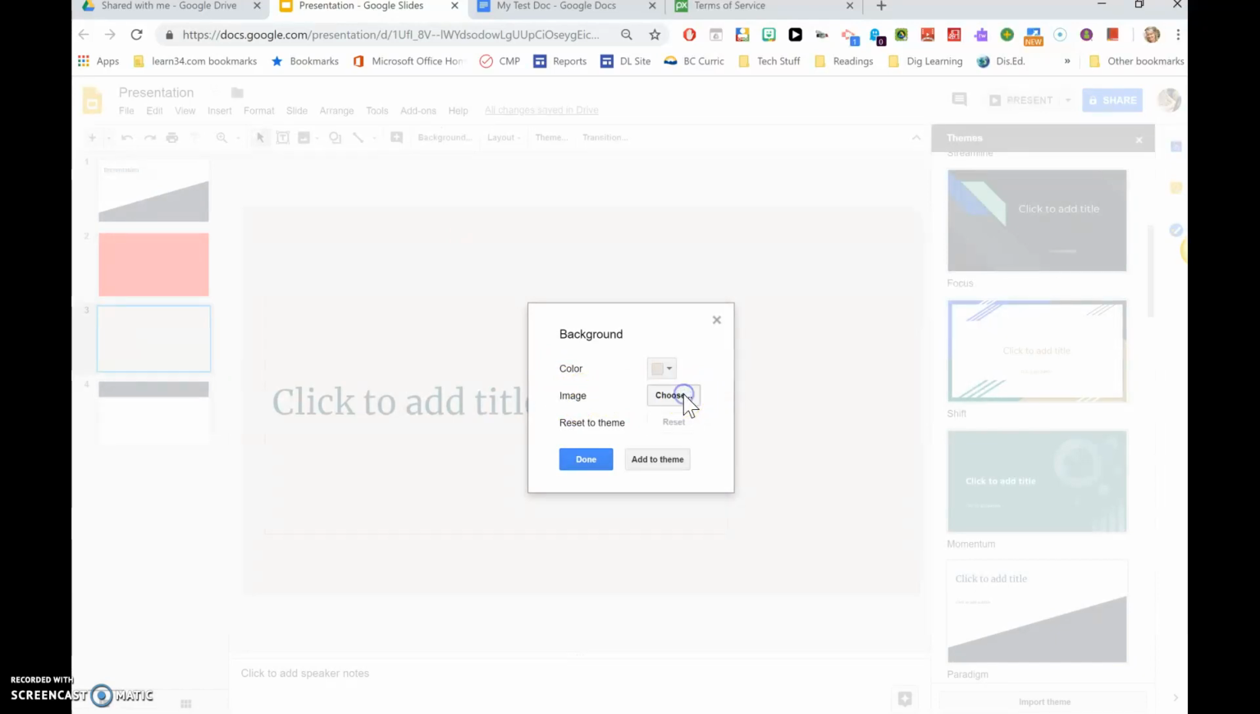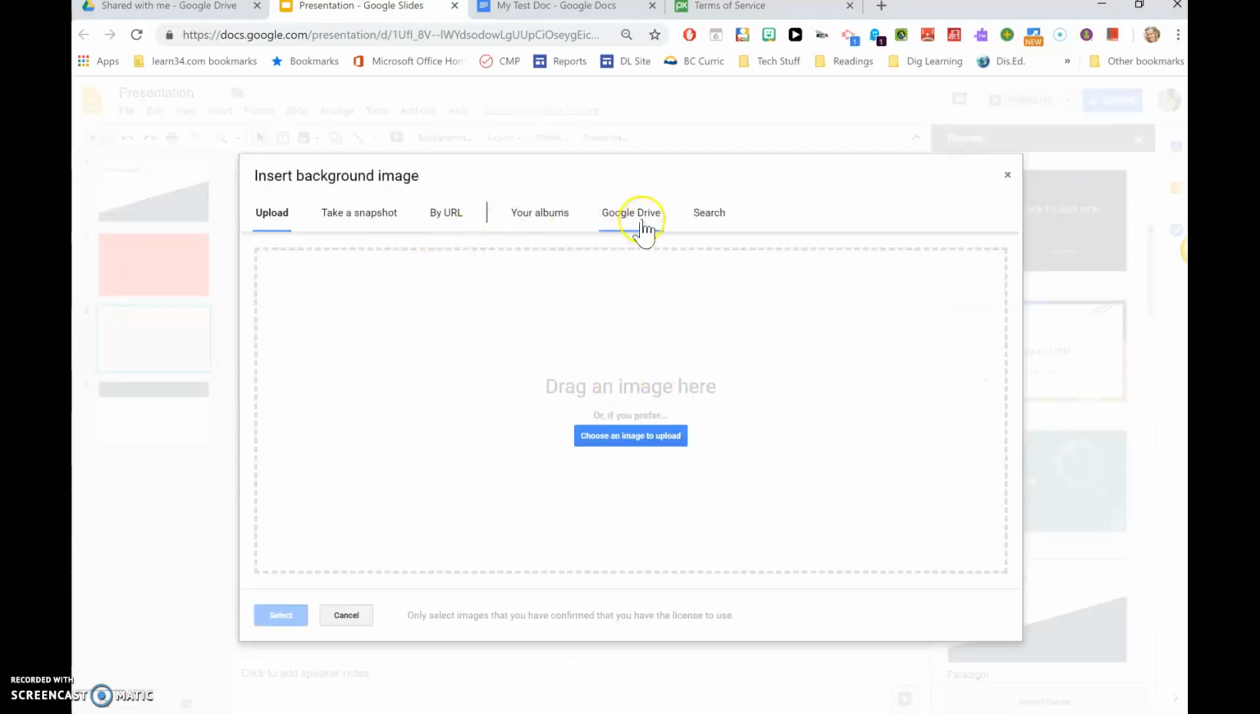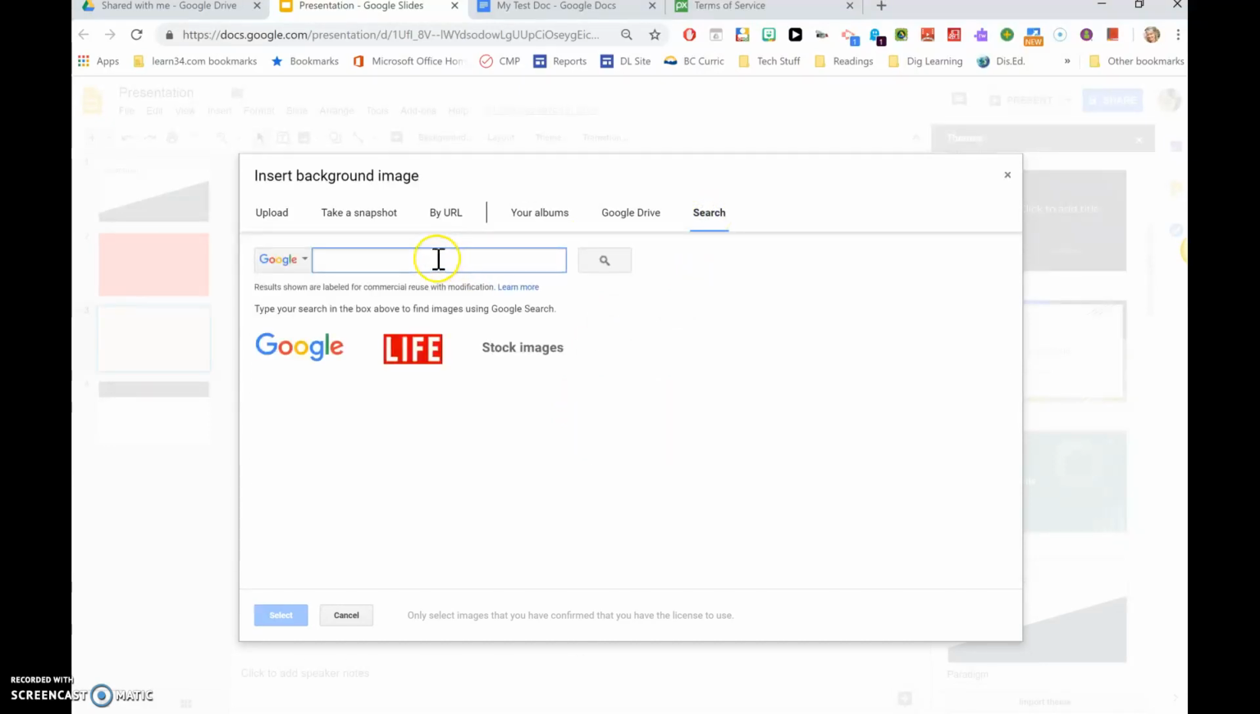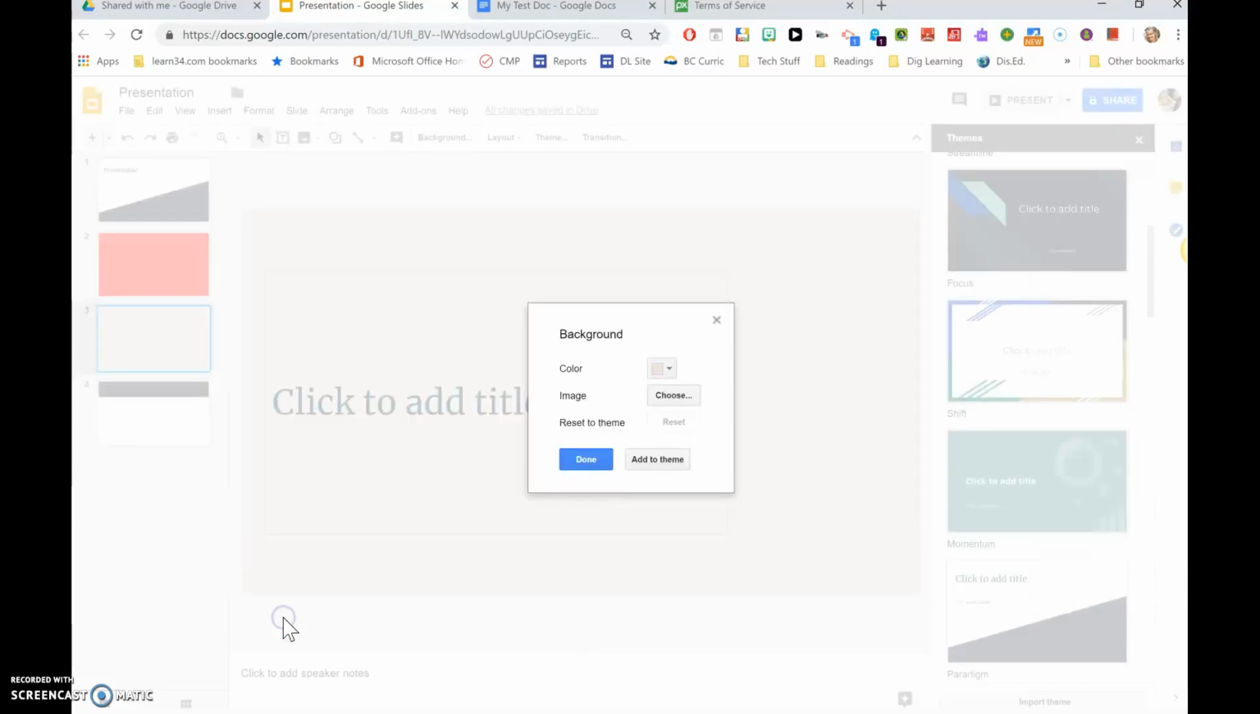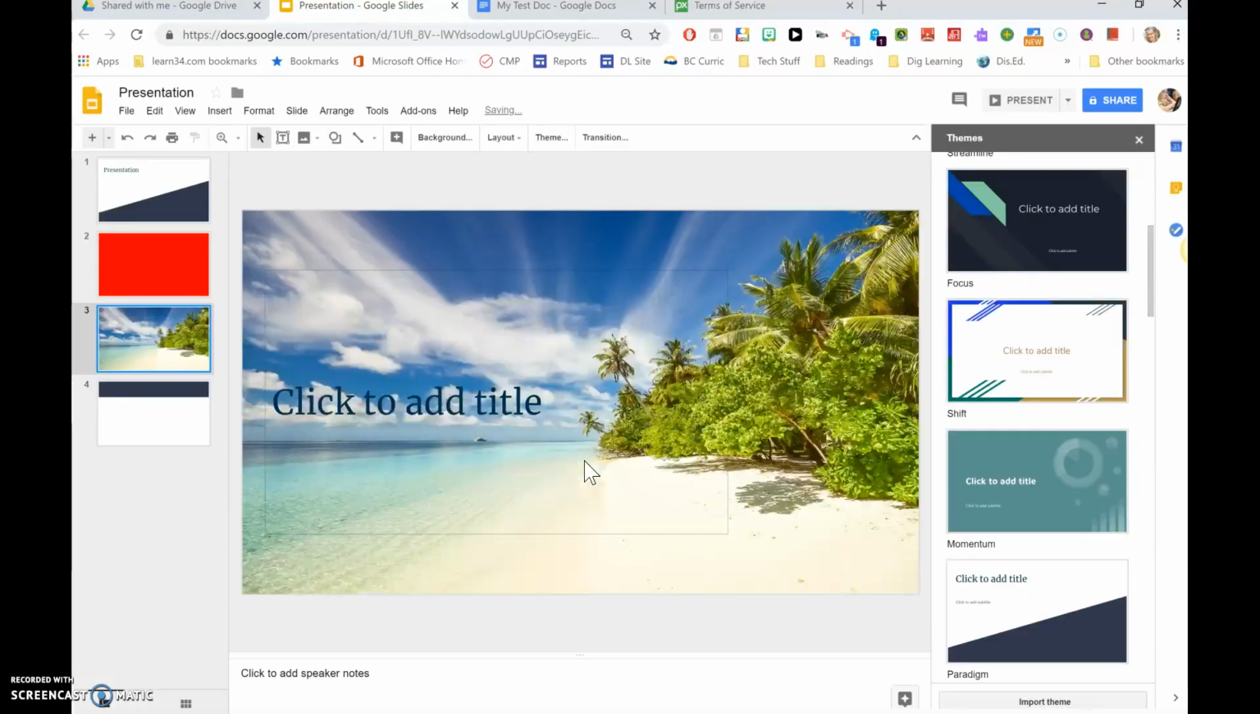And if I choose this, there are different ones that I could search by, just by going to look, and I could type in a word that I'm looking for, maybe beach, and some backgrounds will come up here. And these are all labeled for commercial reuse with modification. So these are free for me to take a look at and use on here. It would be a great idea, after we find out about the image, to leave something to cite where this came from,